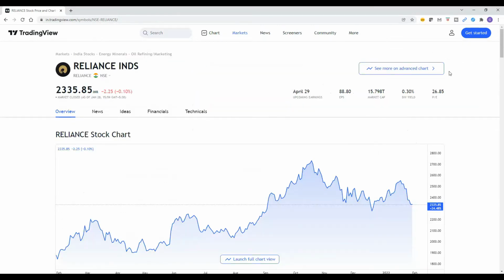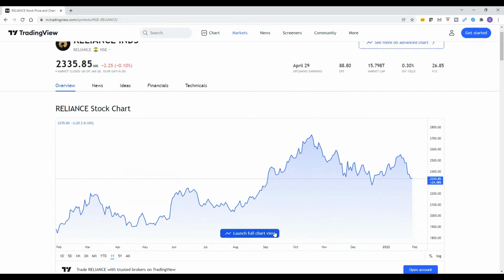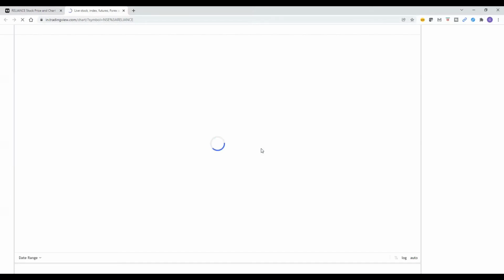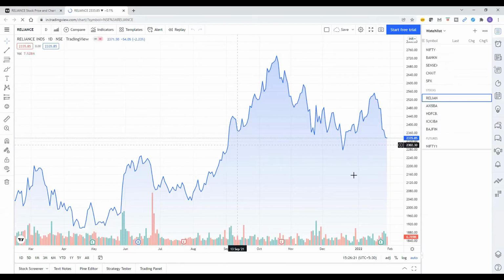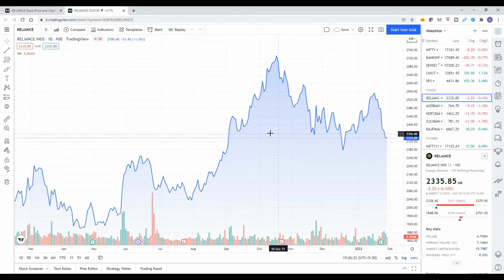Now, let's go to launch full chart view. I'll go here. Once I launch full chart view, it comes like this. Now, if you see here, it appears in four directions.